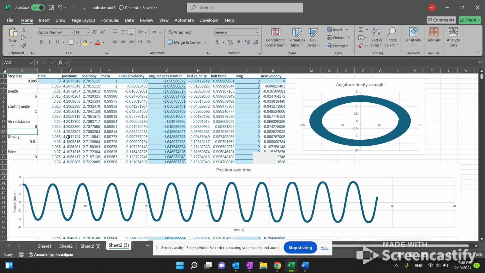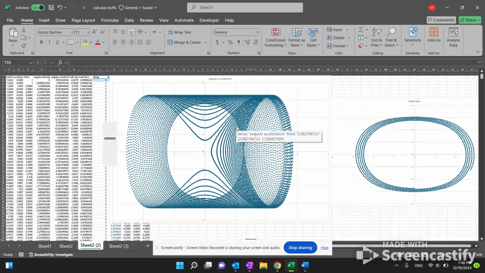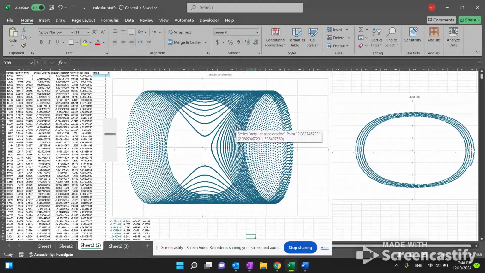But other than that, it does align with reality, although this model allows you to put in any value for the starting angle, including things that are far greater than the actual number of radians in a circle, and that can generate some pretty crazy looking graphs like this one that are caused essentially by a pendulum starting with